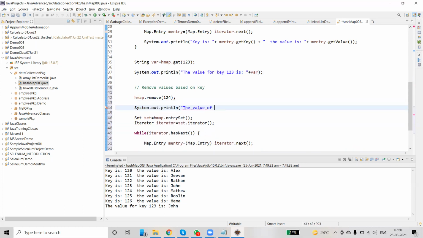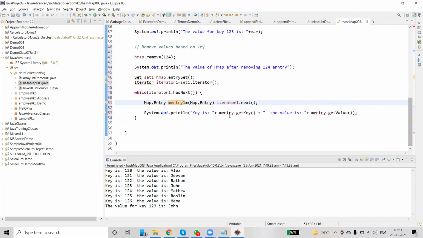The values of hash map after removing the 124 entry. Okay, right. So we need to change the variables here: set one, iterator one, and then iterator one, m.entry.1. I'm just changing the variables. These all are variables basically. That's why you need to change it.